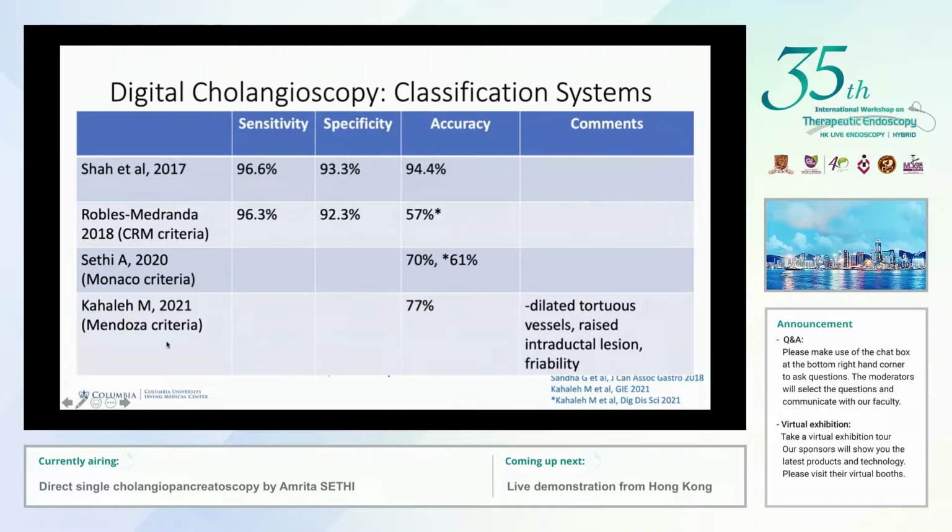Most recently, the Mendoza criteria combined the criteria of both the CRM system and the Monaco criteria, and narrowed down the criteria to 4 that had excellent inter-observer agreement. Using those 4 criteria, which included dilated tortuous vessels, raised intraductal lesions, and friability, they were able to determine, amongst expert users, an accuracy of 77%